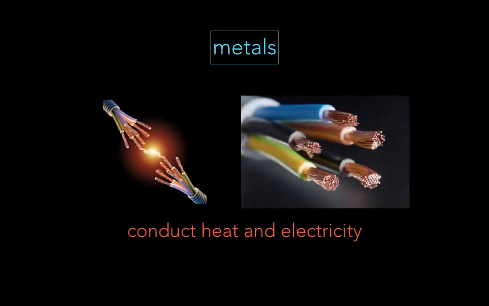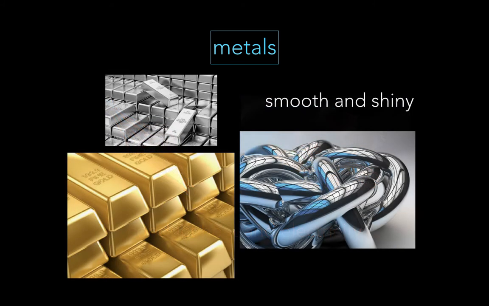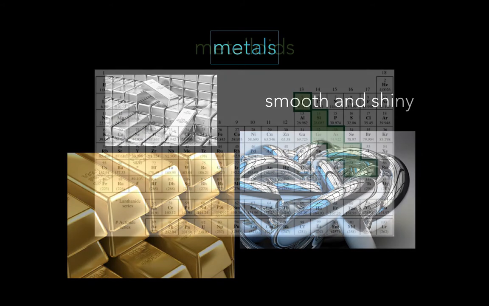They conduct heat and electricity very well. Some are better conductors than others. The more traditional metal used for conducting electricity is copper, but metals like gold and platinum are also used, not often, but they are. There are some microphones, for example, that are wired in gold because of its ability to conduct electricity better than copper, but they're more expensive, obviously. And they also share the characteristics of being smooth and shiny.